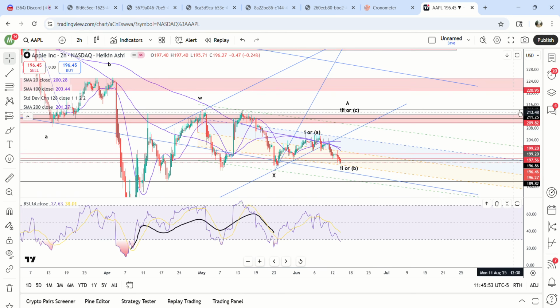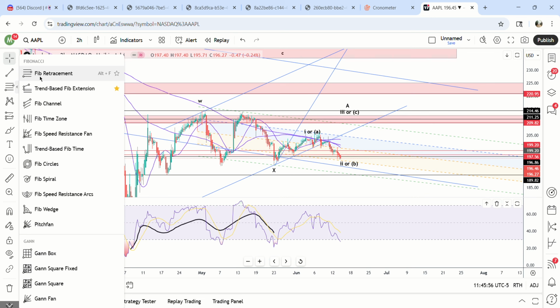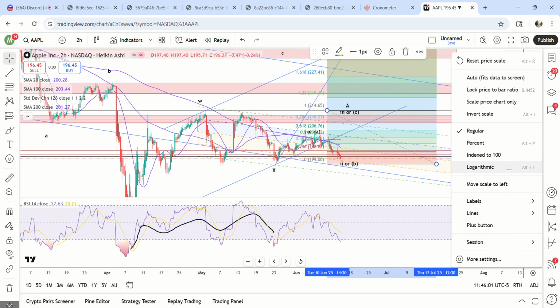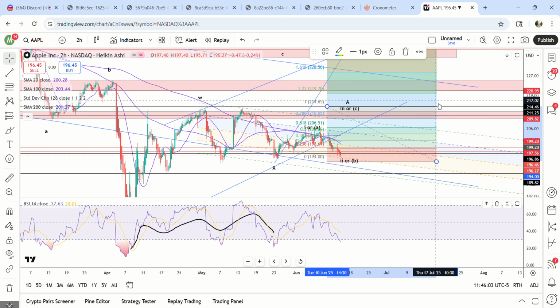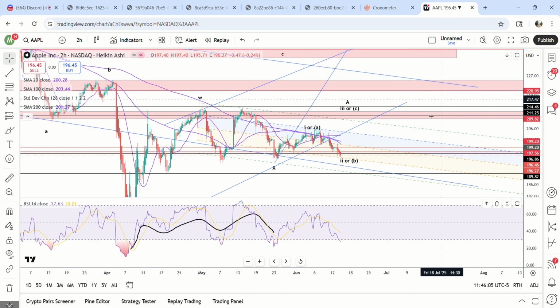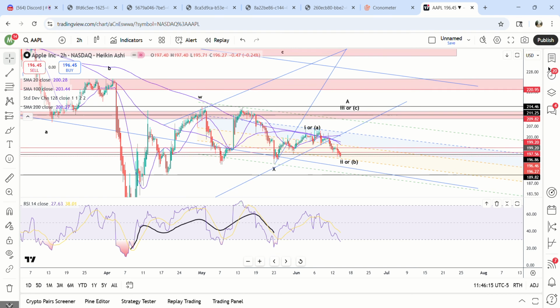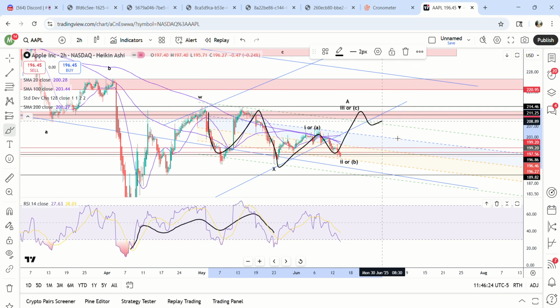I think it probably, if it ends up being an ABC move, let's see if it would get there. It's not going to get there if it only goes to 214. So I would say more than likely, this is going to end up being a first wave, second wave, third, fourth, fifth, up to 238. If I'm wrong, then maybe this just drags out longer. Maybe it ends up being A, B, and we come back down here like this. And